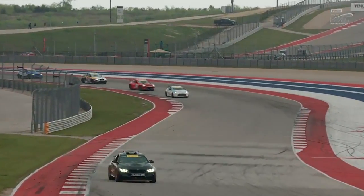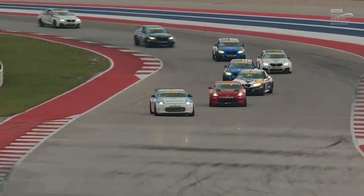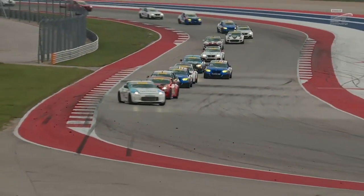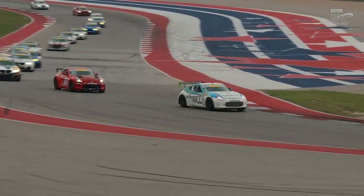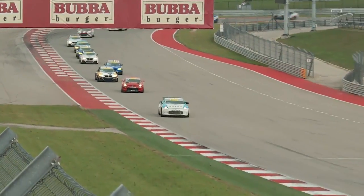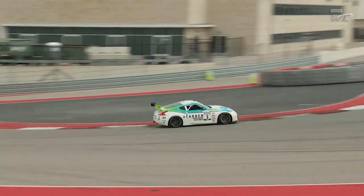Well, getting ready to go back green here is Vesko Kozarov, just getting the Pirelli P Zero tires cleaned off. Tony Rivera behind him, and Johan Swartz coming down through turn number 19 as they enter that acceleration zone. And he did the dummy right there, kind of swerving back and forth and trying to get to the green. It's his decision on when he wants to go once he enters that acceleration zone,